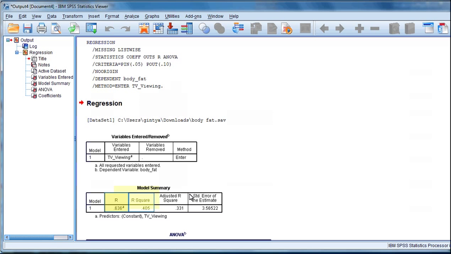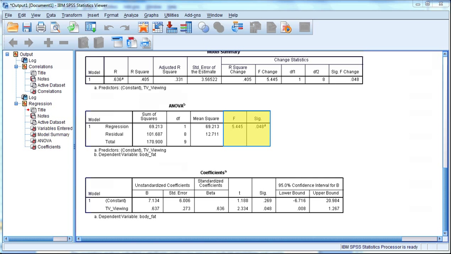As you can see in the highlighted boxes, your R value is the same R value that you had from the Pearson's correlation, and your R square value is the same value that you calculated when you squared the R from your Pearson's correlation. The ANOVA table displays an F value, which examines whether the regression model has a statistically